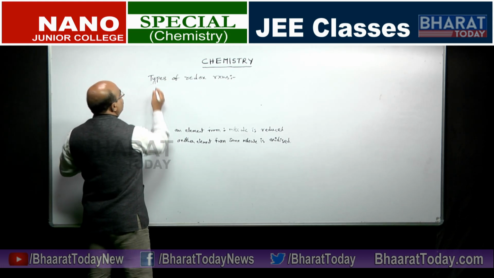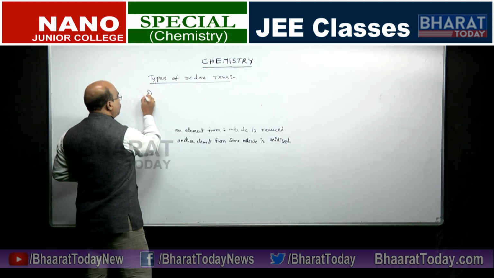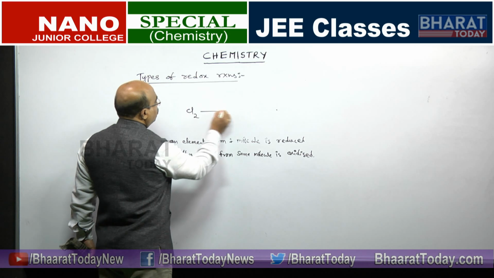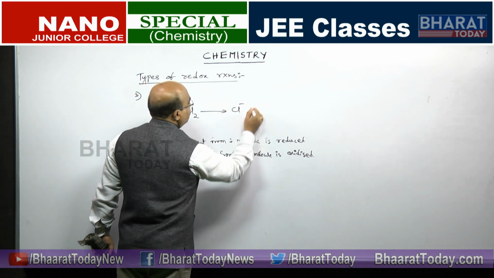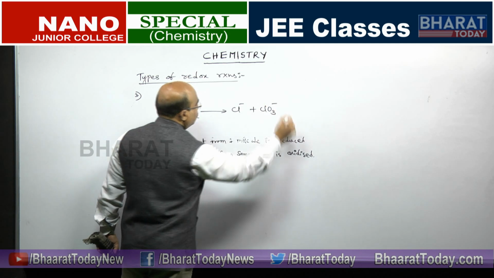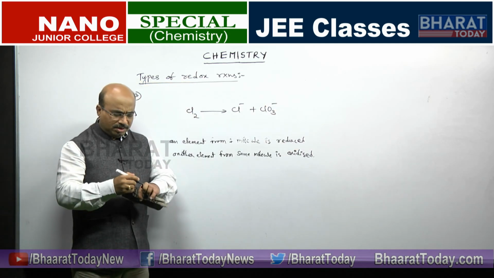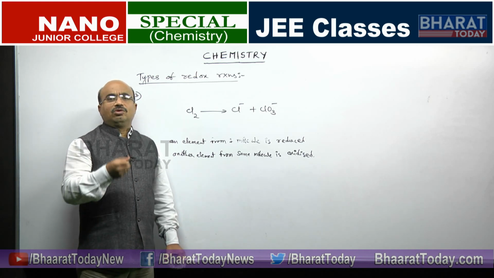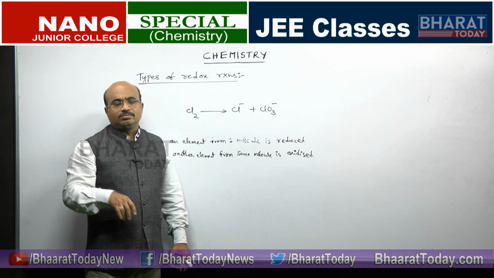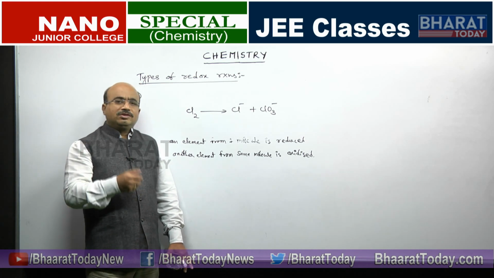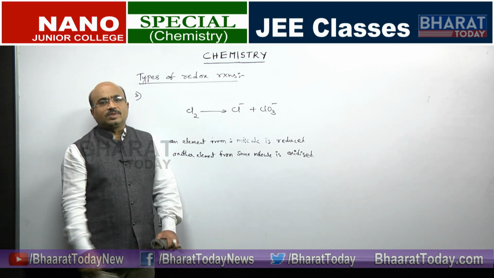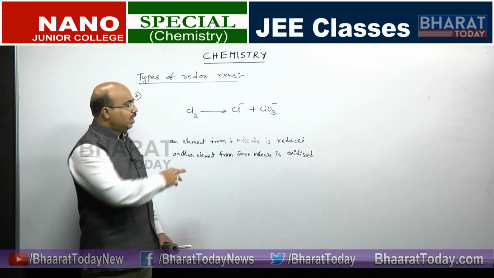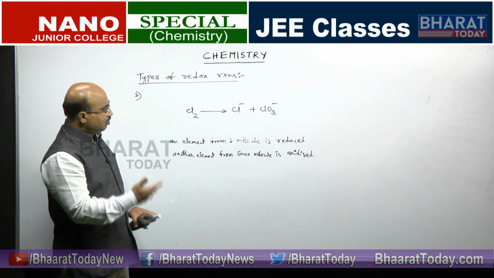So, let us go to the next type of redox reactions here, the third class. We have a reaction, suppose like chlorine changes to Cl minus and gives ClO3 minus. There may be some other substances, but those substances are not actually shown, in the sense that no changes are involved there. Where it happens we will see the complete equations, but I have taken this equation in an ionic form. So, now what is this?